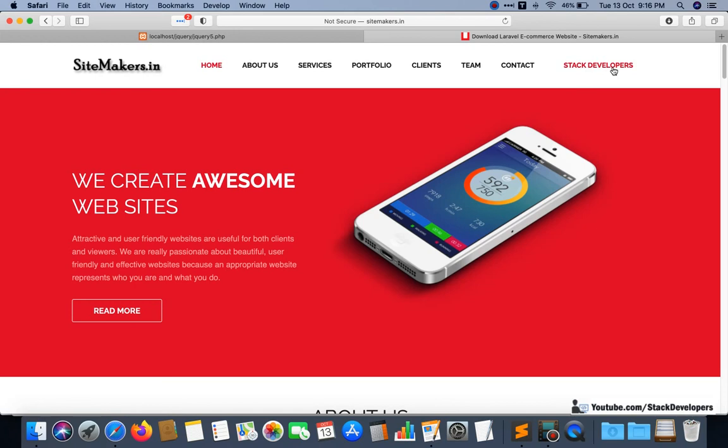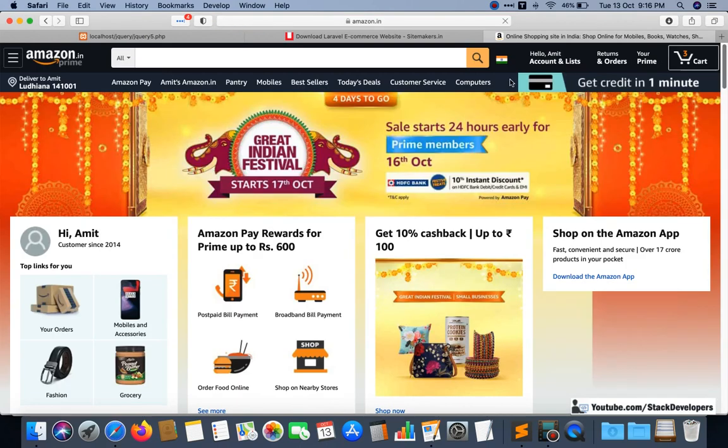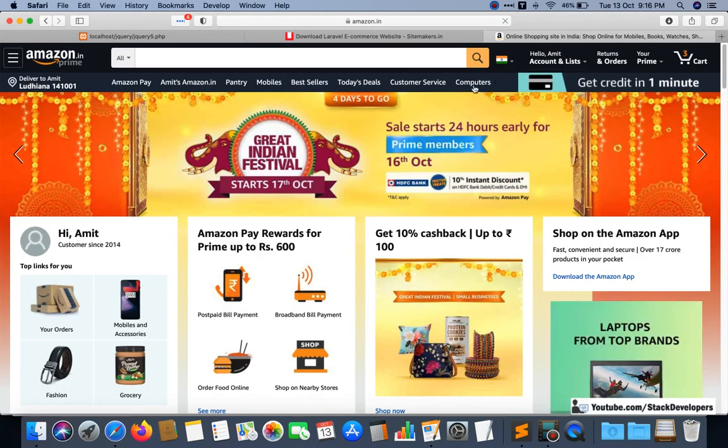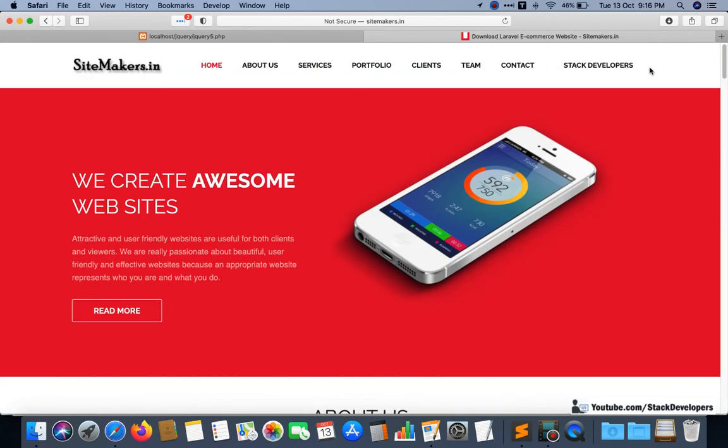You can change the color of the text. It happens in many websites, but right now I'm going to see computers. Suppose if you bring the mouse over stack developers, then it is coming in red, and if you bring the mouse away from stack developers, then it will show the color in blue, and that is a kind of hover event.